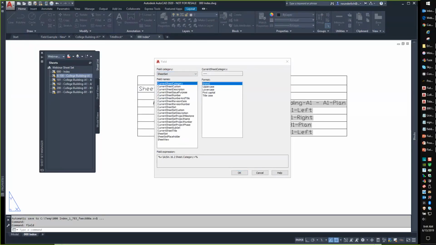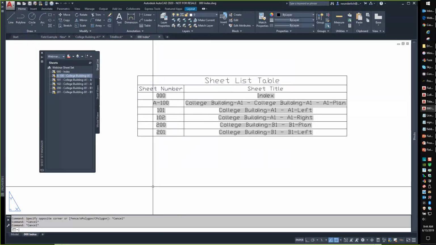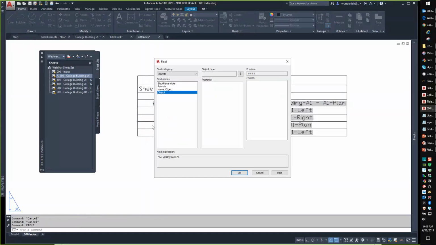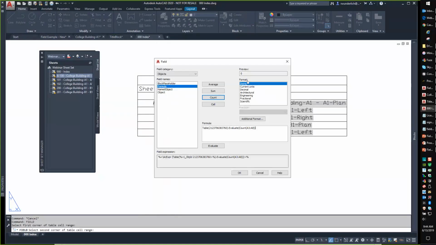Is there a way to create a field that counts sheets for customers who require a sheet countdown, such as sheet 1 of 23, 2 of 23? Actually, that's a very good question. So you can go Field, and we are going to do a formula, and we're just going to do a simple count. It's like the first corner of the table range, second corner of the table range. You're going to see,